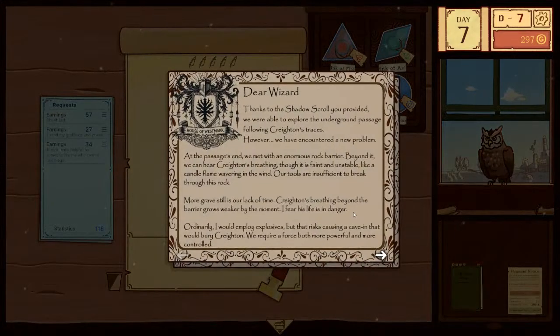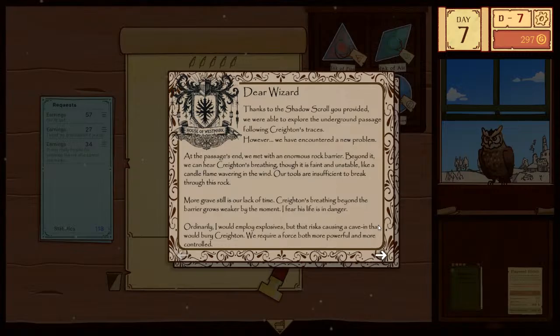Dear Wizard, thanks to the Shadow Scroll you provided, we were able to explore the underground passage following Creighton's traces. However, we have encountered a new problem. At the passage's end, we met with an enormous rock barrier. Beyond it, we can hear Creighton's breathing, but it is faint and unstable, like a candle flame wavering in the wind. Our tools are insufficient to break through this rock. More grave still is a lack of time. Creighton's breathing beyond the barrier grows weaker by the moment.